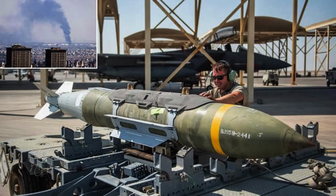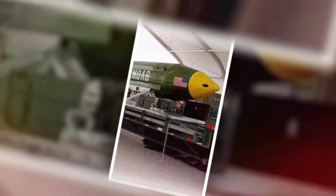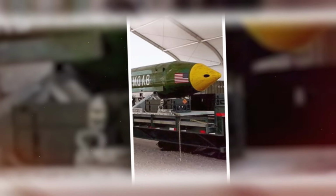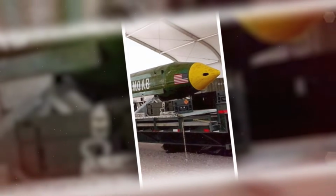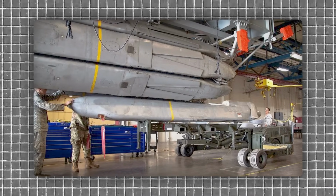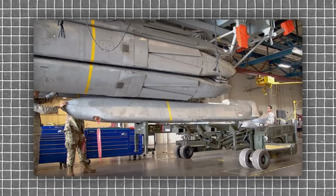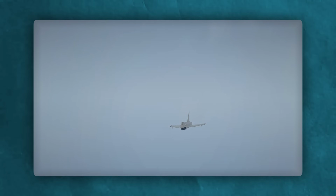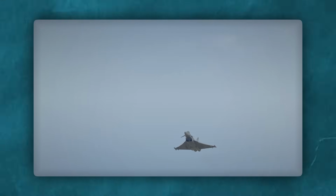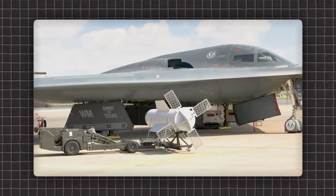Engineered with a reinforced steel casing and sophisticated guidance systems, the GBU-57 achieves pinpoint accuracy, ensuring effective destruction of critical targets with minimal collateral damage. Its extraordinary capabilities attracted worldwide attention when the United States publicly considered deploying it against Iran's underground nuclear facilities. This discussion underscored the bomb's strategic importance as an alternative to nuclear force, offering powerful yet conventional options to neutralize